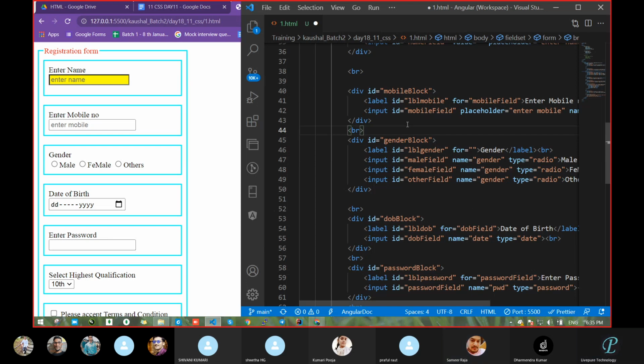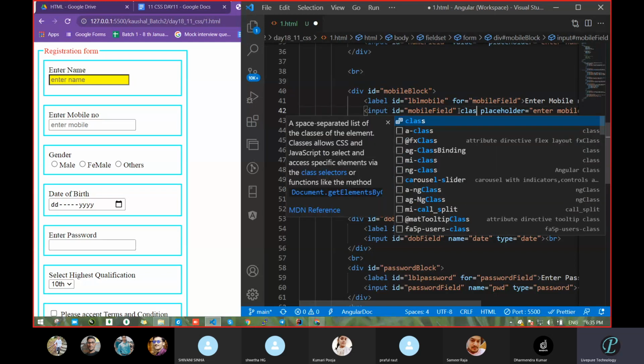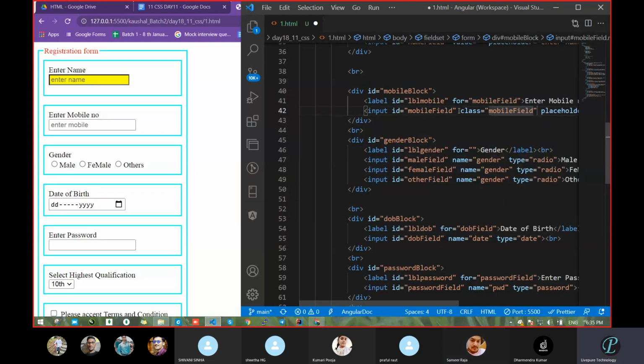Suppose you take an ID name the same as the class name, and the name also the same, and remove the ID. I get your question, but I don't think it will work.